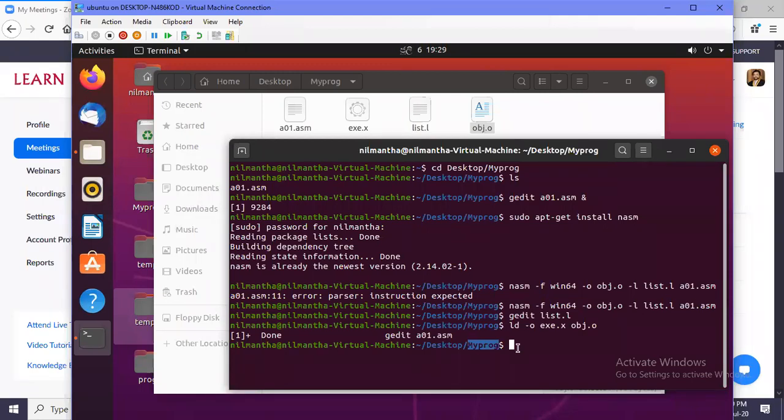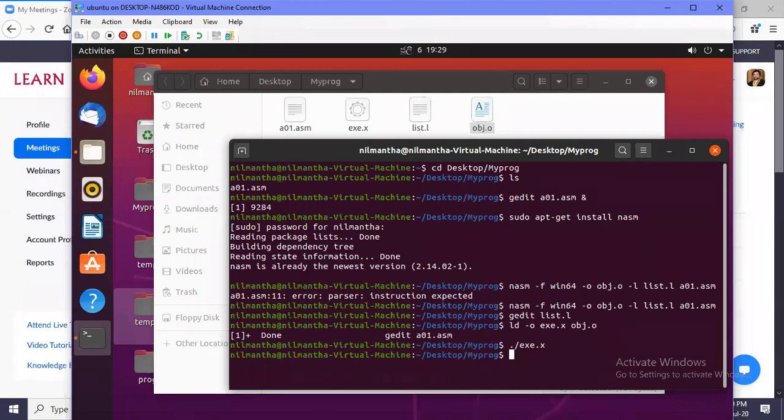The letters specifying this directory are ./. So run exe.x in this directory.